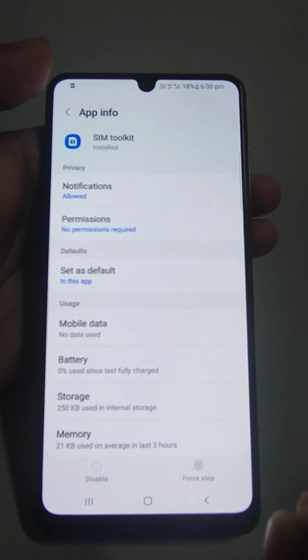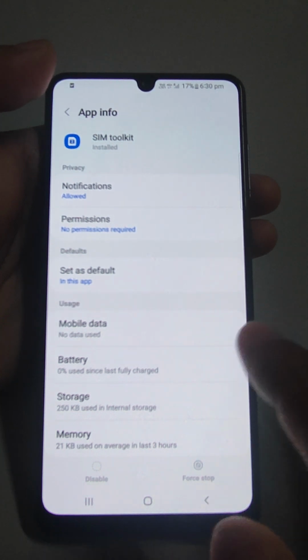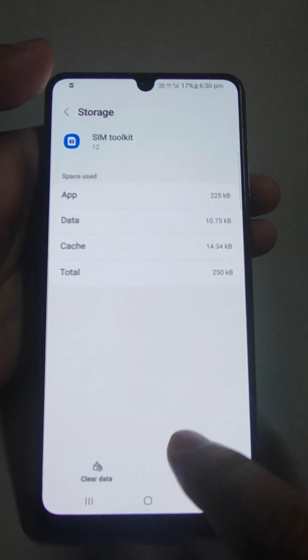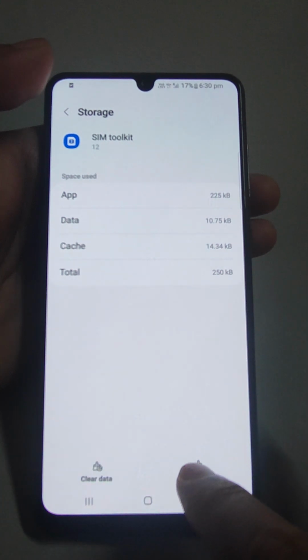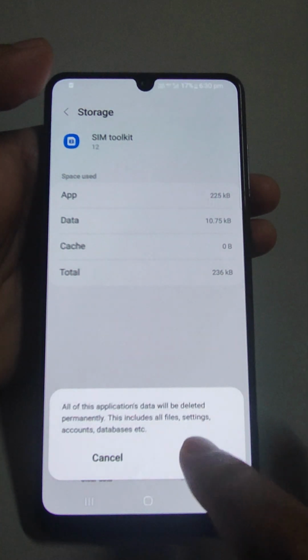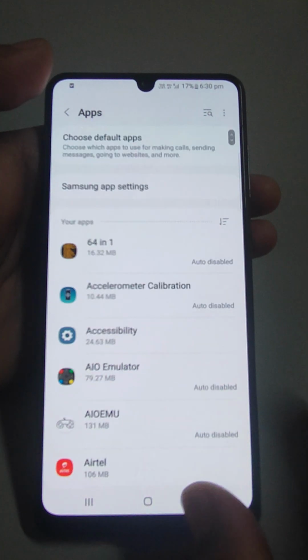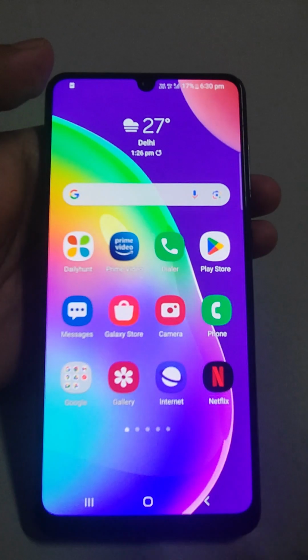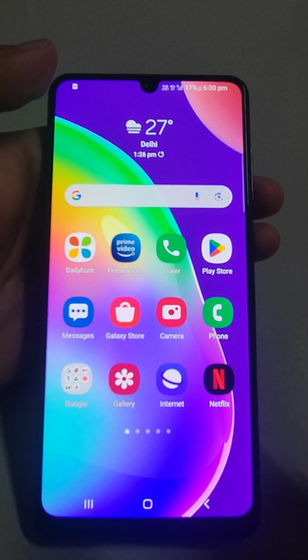If there is any error, it will force stop and restart, and then go to storage. Here clear data and clear cache. Do both, clear data and clear cache, and after that just restart your mobile. Your problem may get solved. If it is still not